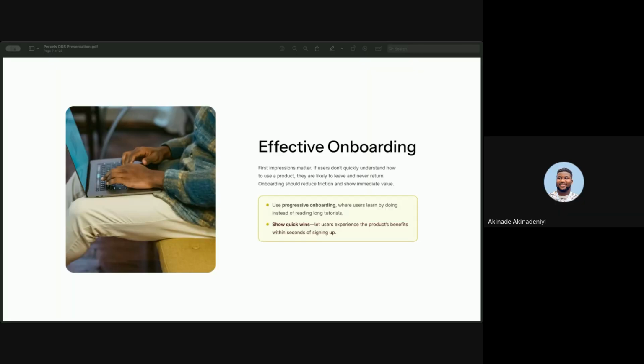And that's why you see that most products have this set of screens at the beginning. When you download an app, you have this set of screens that give you a value proposition into what the application does, because not everybody knows what the application does.